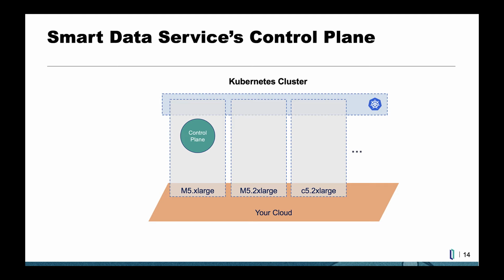So M5 large, M5 2X large, those are instance types in AWS. For instance, if I'm not mistaken, an M5 2X large has 8 cores and 16 gigs of RAM. I may be wrong, okay, but basically these weird names here just label a combination of compute and memory, and also some specifics about the hardware that goes underneath.